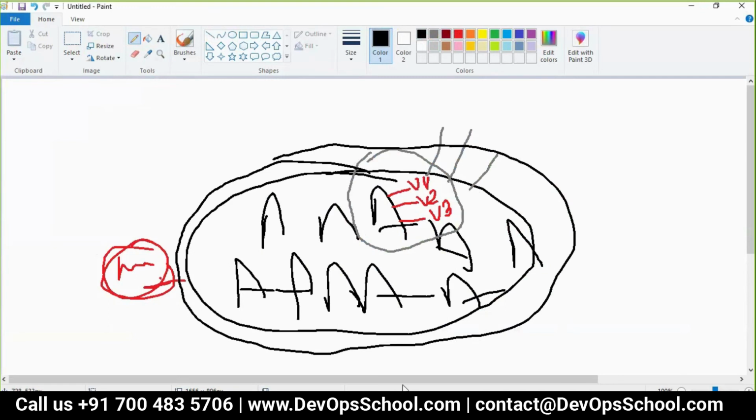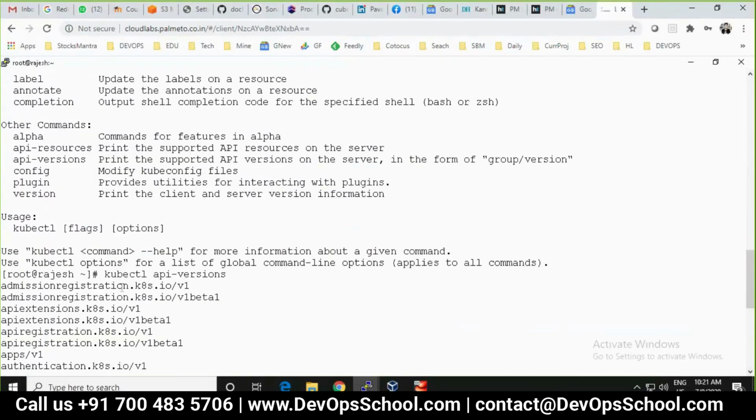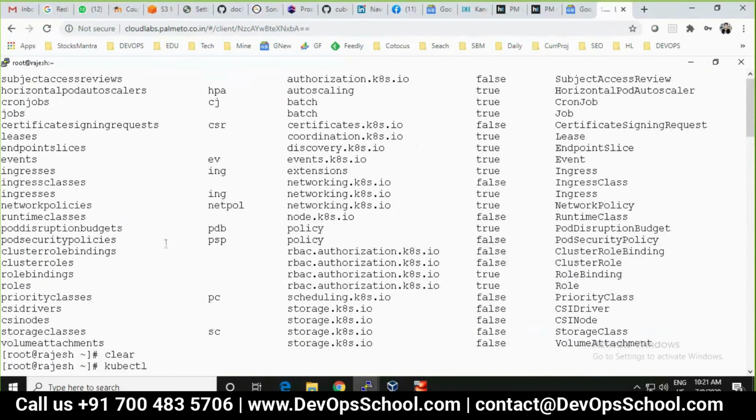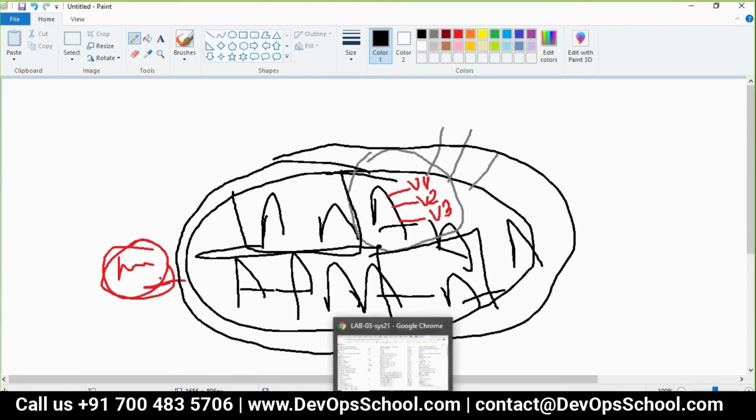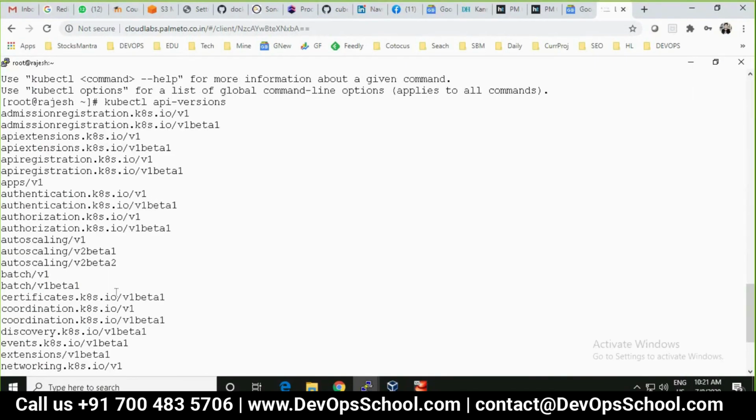But over a period of time, they started getting lots of resources. So they said, okay, let's group together for easier management. So I will group this one, this one, this one, like that. They started grouping it for easier management of API resources.